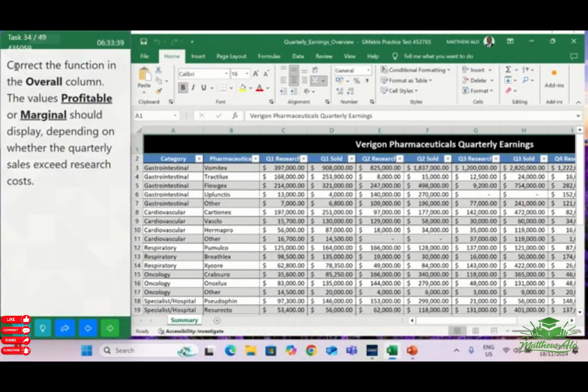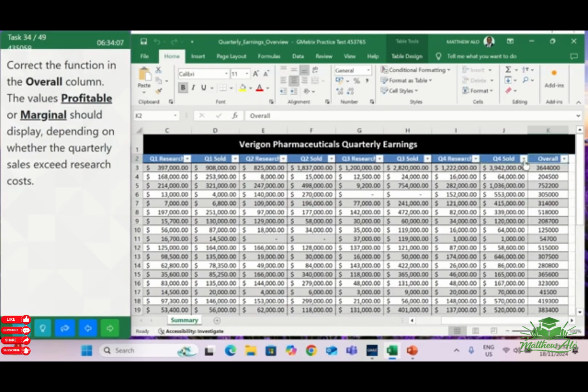Task 34. Correct the function in the overall column. The values profitable or marginal should display depending on whether the quarterly sales exceed research cost. To do this, just go to the overall column. Okay, so select cell K3, then in the formula bar